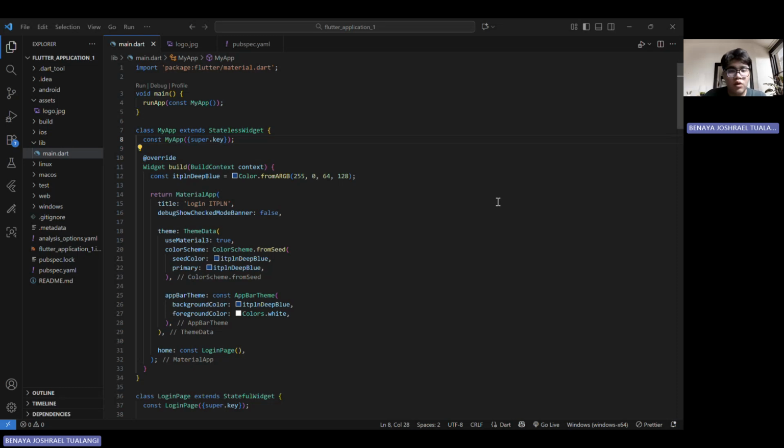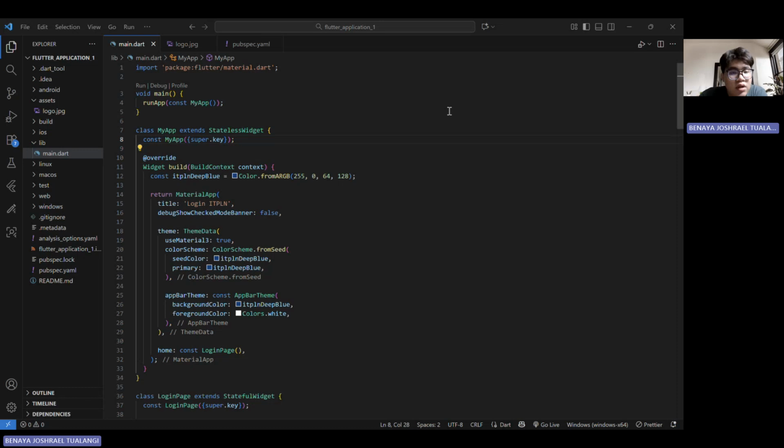Here we have my code for the login page, for the login form. Now, this is the final application code to understand the architecture and implementation design. Okay, let's jump into line number 3 and 4, which is void main runApp const MyApp. It's the application entry point initiating the Flutter rendering process with the MyApp widget.